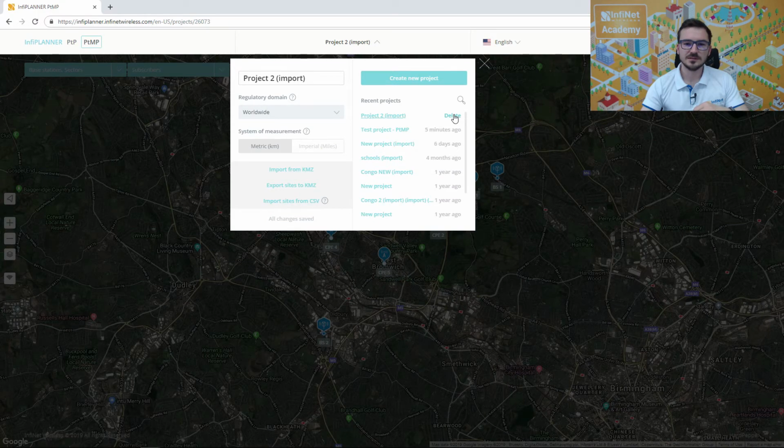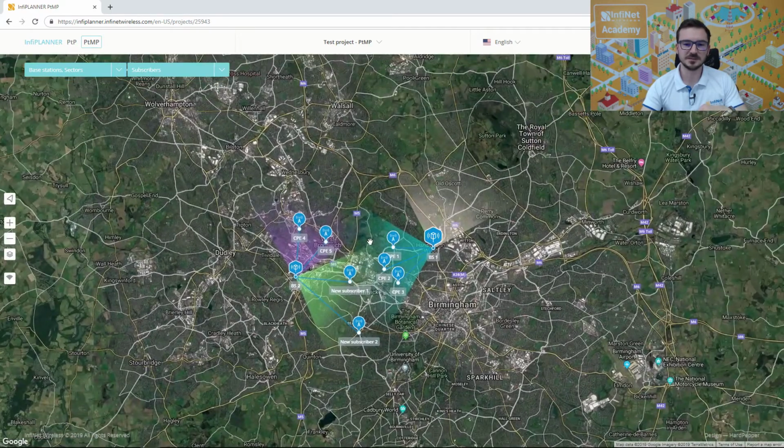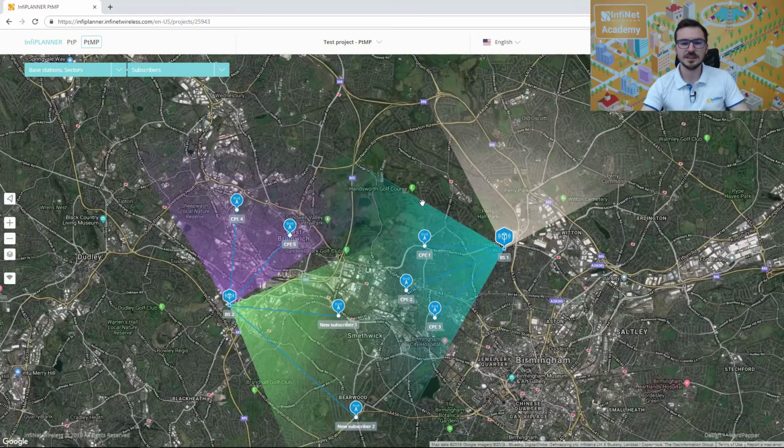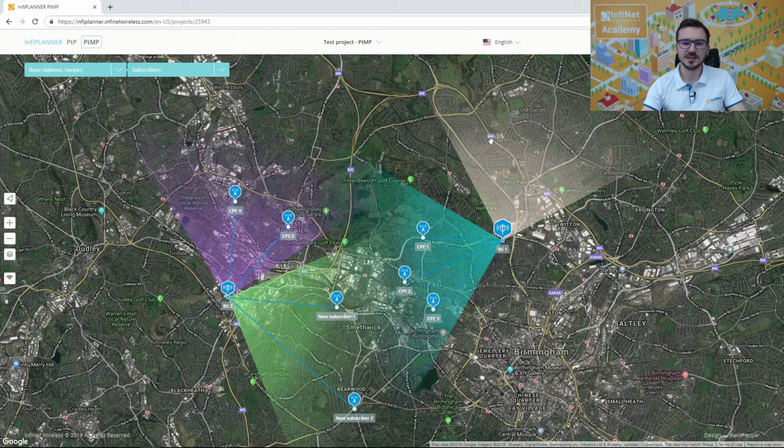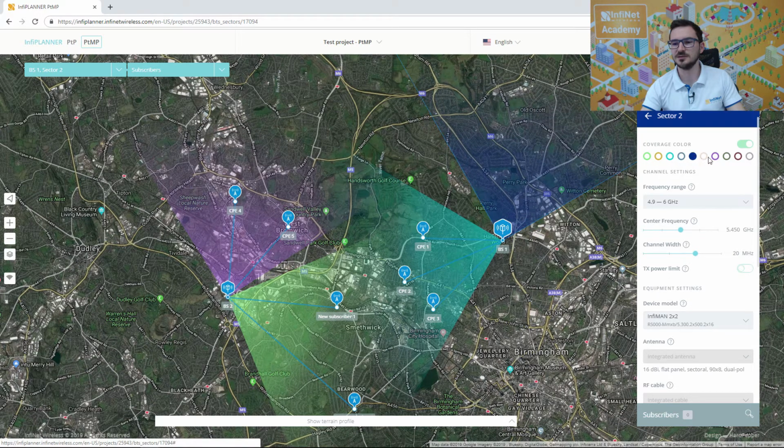Now I will delete this imported project and go back to the main test project that I have here. And I will move on to the next feature that I want to show you, and that is the different colors for the sectors. So you can see here that I already assigned different colors to my sectors that I have in this project. And if you go to the settings, if you click on the sectors and go to the settings, you will see that you have a range of 10 different colors that you can use in order